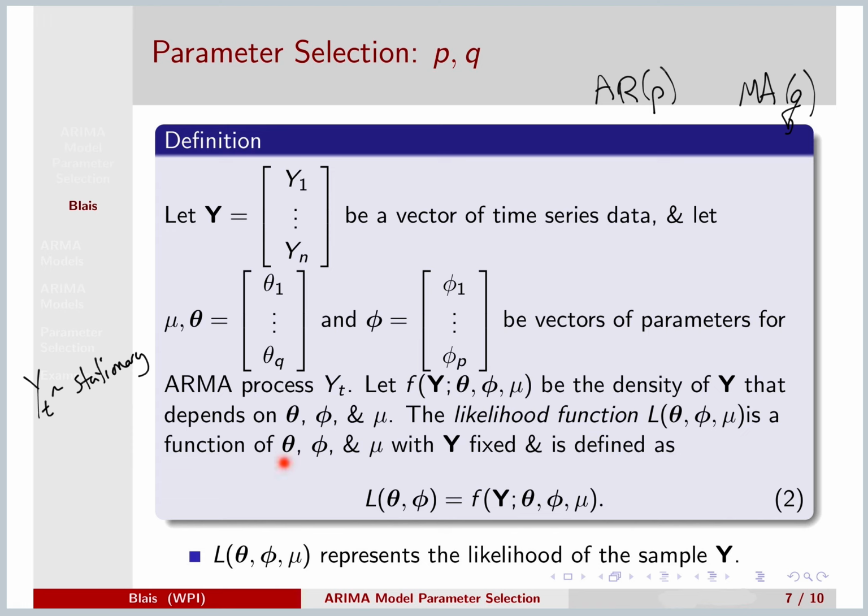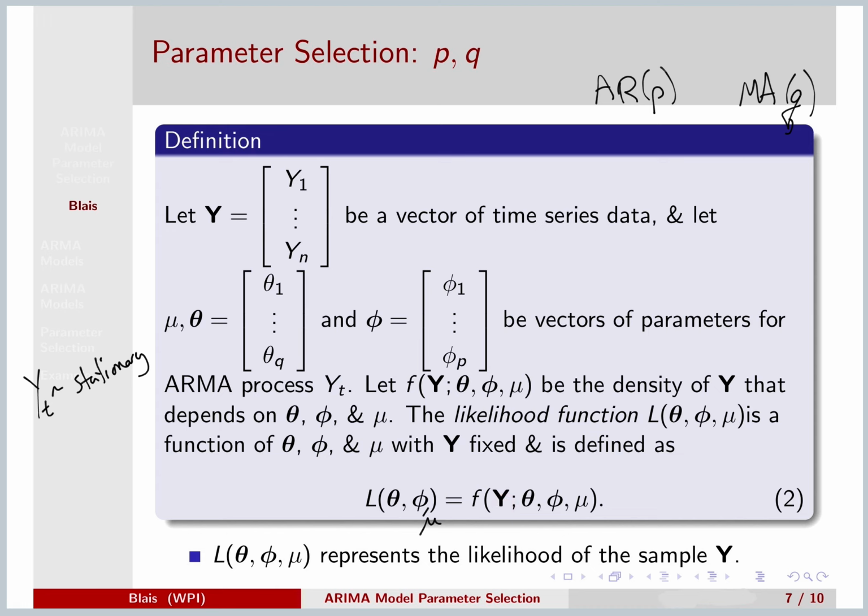So it's a function of thetas, phis, and mu, but the sample data, our y vector, is fixed and given. So our likelihood function is defined, and we should have a mu in here. The likelihood function is defined as that density evaluated at this given data vector y,